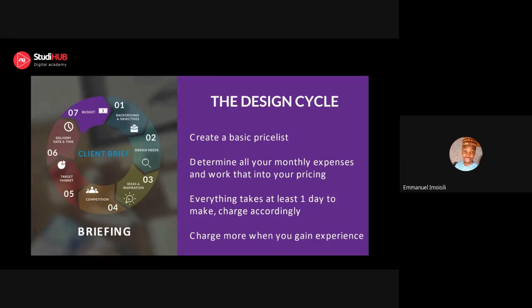If you are creating logos for 10,000 naira, create your logos for 10,000 naira. If you are creating your flyers for 20,000 naira, create your flyers for 20,000 naira. Have that basic price list. You are only to discount your price list. Do not have various prices for various things. Have a basic price list, because one way of calculating this for me is when you look at your monthly